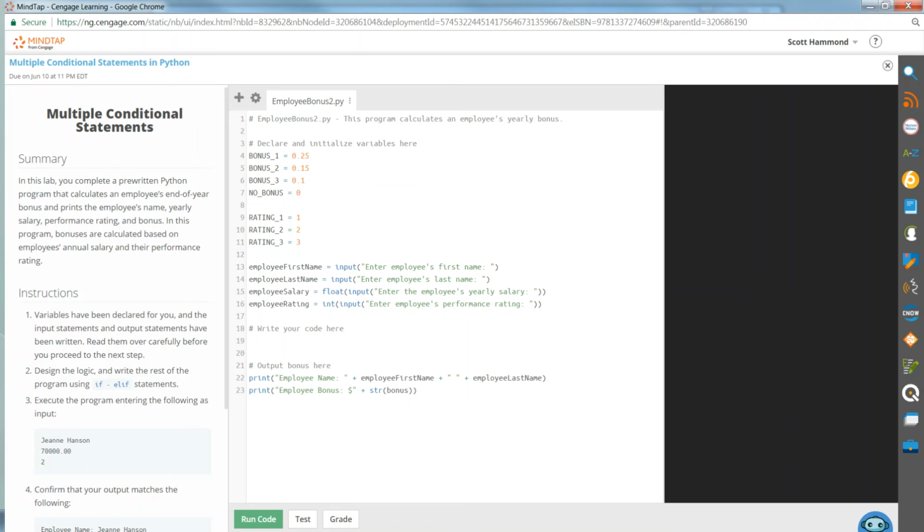Let's say if, and we've got employee rating, something they gave us. If employee rating is equivalent to, let's come up and choose rating 1. What that boils down to is if you entered the number 1, or whatever is stored in rating 1, then your bonus is going to be, and it's bonus, that's what we see down at the bottom, same thing we saw in the last exercise. Bonus will now equal,